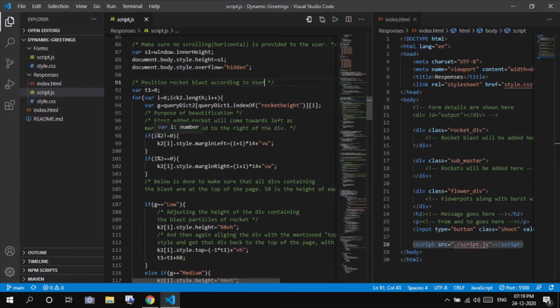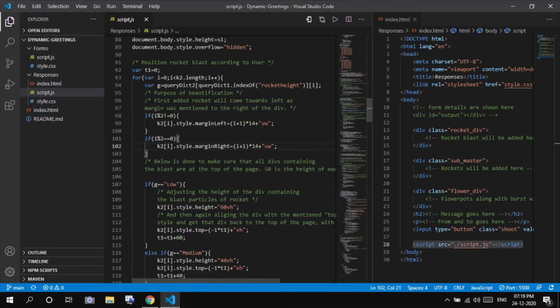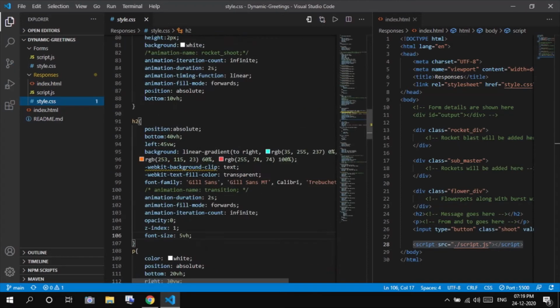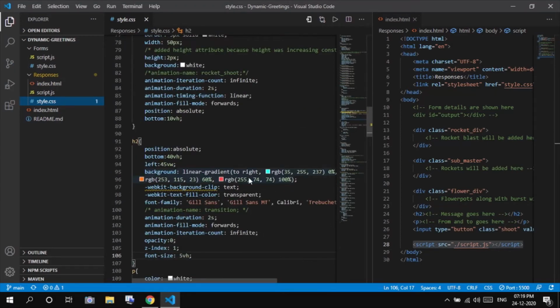So if, for k2.length in the for loop, if i is divisible by 2, it will have a margin on the left, or else it will have a margin to the right. Got it?